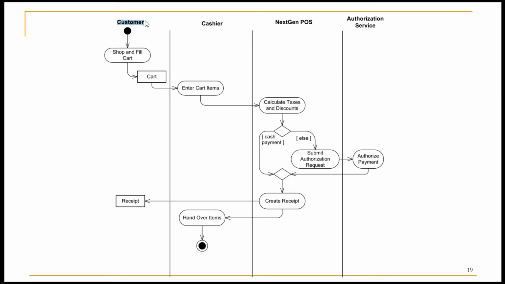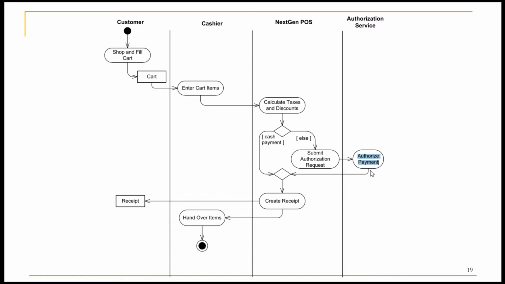So in this diagram, we have created 4 swim lanes, including customer, cashier, next generation point of sale system, and authorization service. We are starting from the shop and fill cart activity, which results into the creation of cart object. This cart object is used by the enter cart items activity, and when the enter cart items activity is completed, it results into calculation of taxes and discounts. And then based on a condition between cash payment or the card payment, we move for the further activities. And if the payment is based on the card, we jump on to the authorization service swim lane, which authorizes